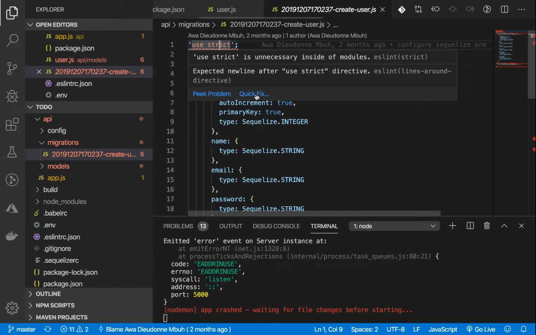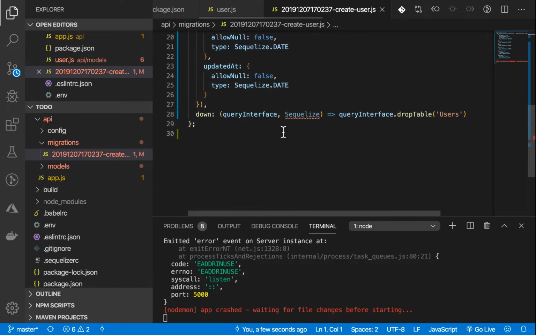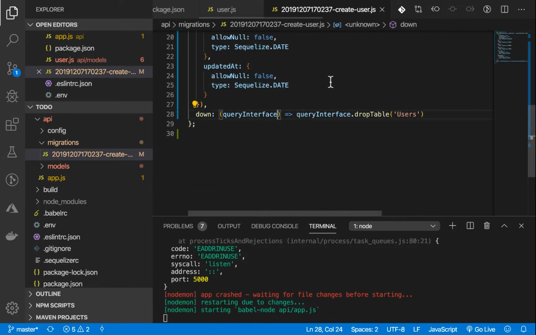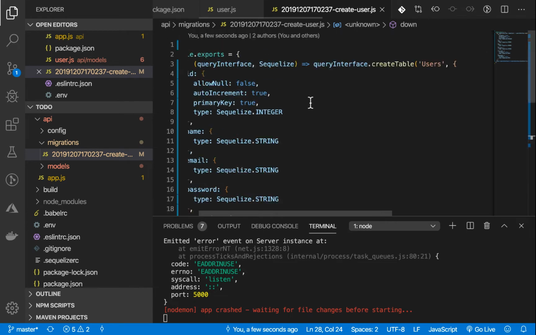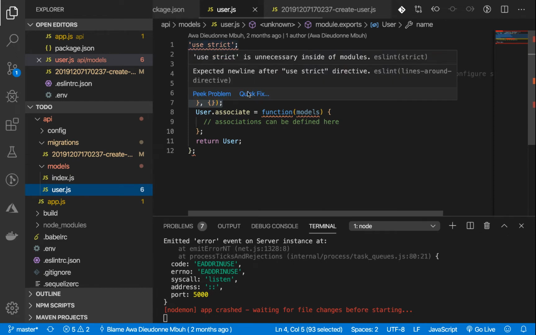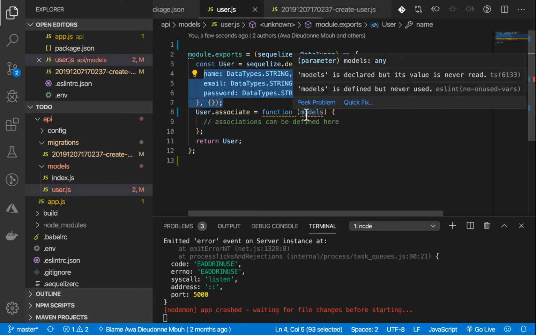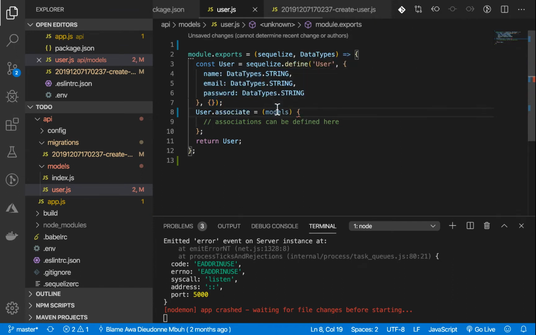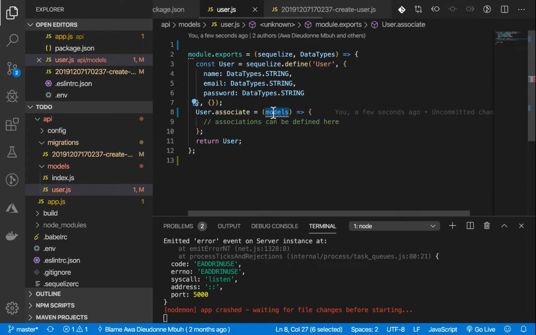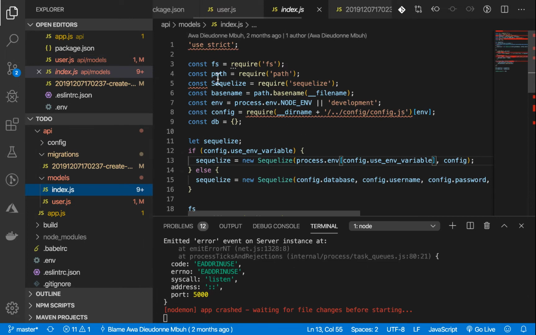Let's fix them. So we fixed the error, and this one too, it's okay like that. No more errors in this file. Also let's go to our models. There is an error here too, so let's auto fix that. Let's use arrow functions here. So everything is good. We're going to need this model argument, so we don't have to remove it from there. And another one is this guy. Let's convert these to